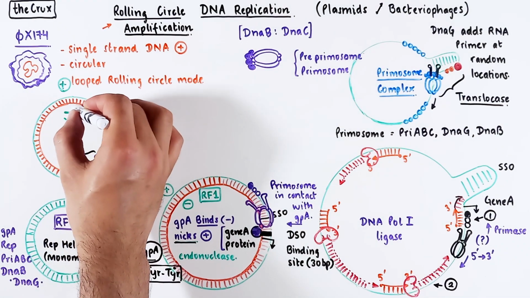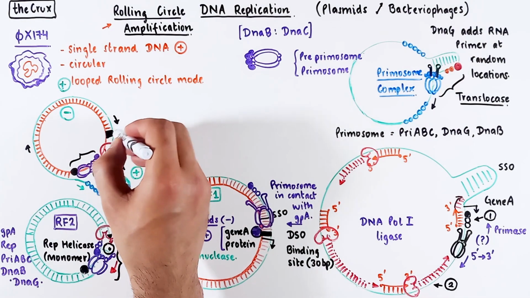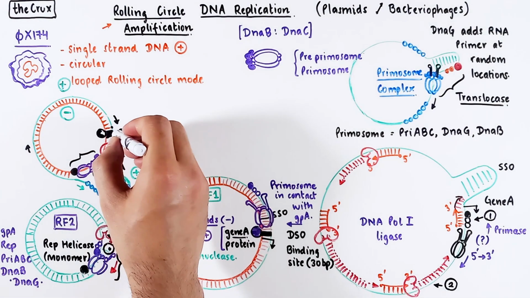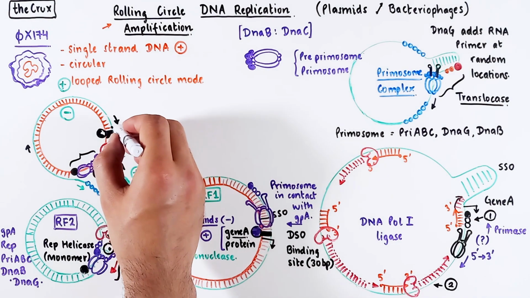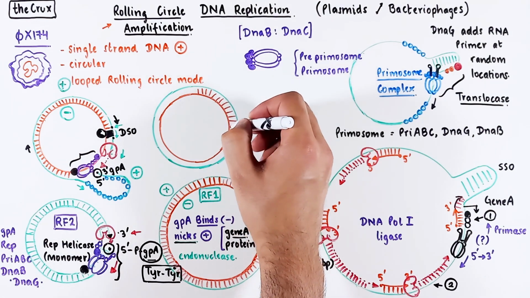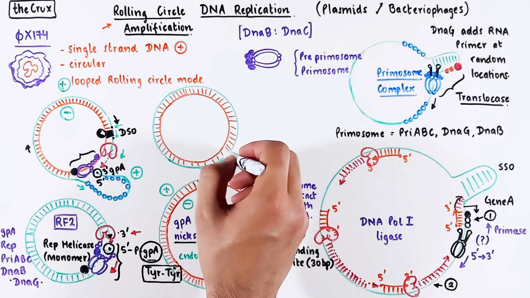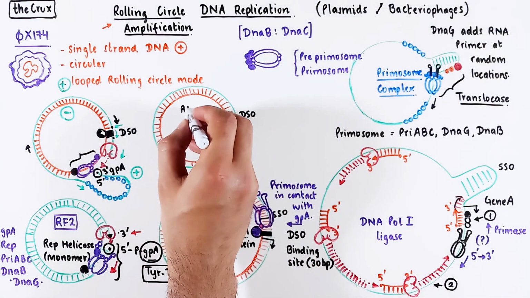When this moving complex comes full circle, or at least once it has passed the DSO, a new protein A can bind there and make a cut at the plus strand. This means that when the primosome returns to the starting position, the plus strand is released from the loop because of the nick. And the new protein A that made this cut can start the same process of replication once more. And if it were to terminate, you end up with a double-stranded DNA, which may be in an RF1